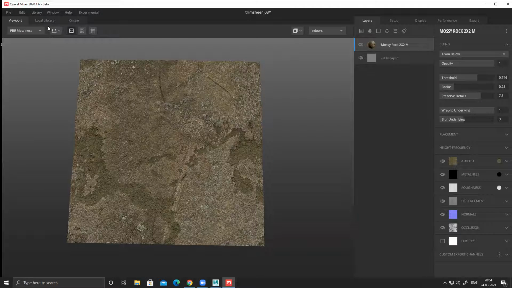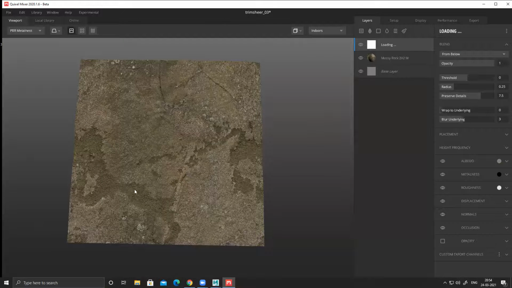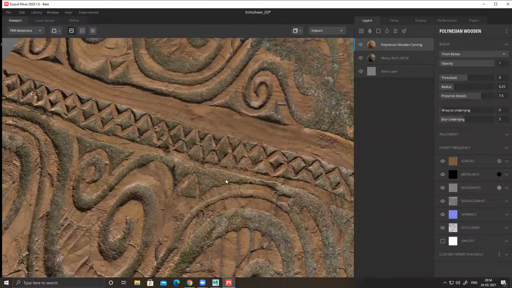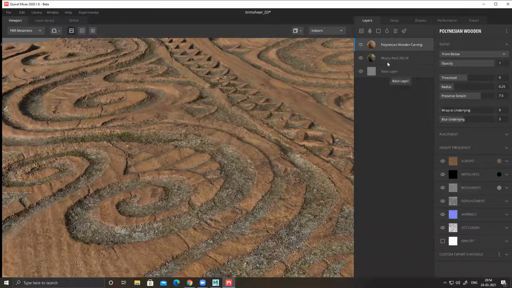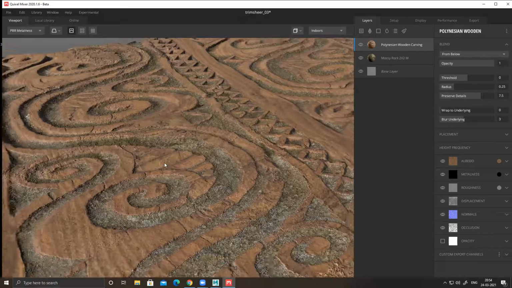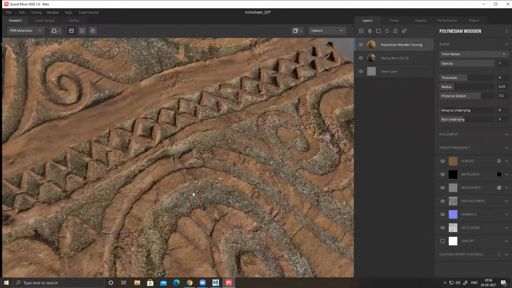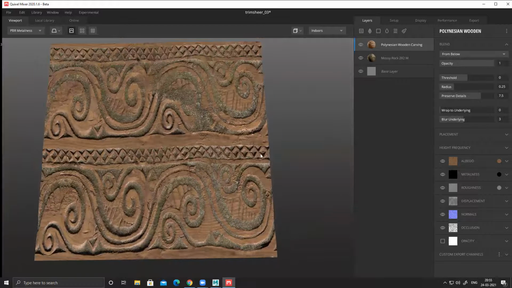This is my base, and on top of this, I want to apply some other stuff. Let's see. I want to add some design. Drag and drop over it. You see, it's automatically based on the normal deformation. It blends your base layer and top layer automatically. You don't have to do it manually, right? If I don't want it, I can just remove it.